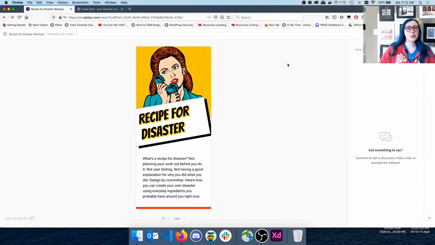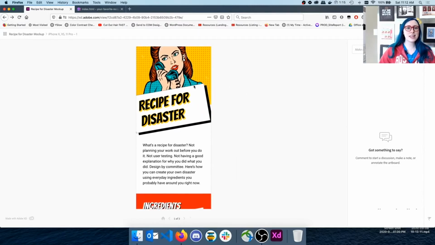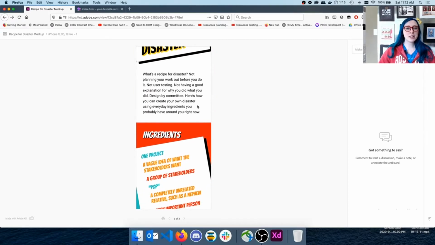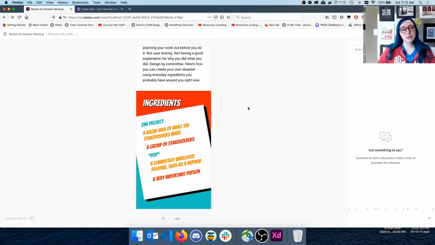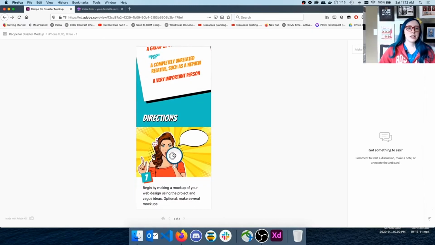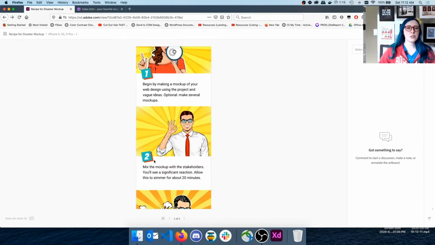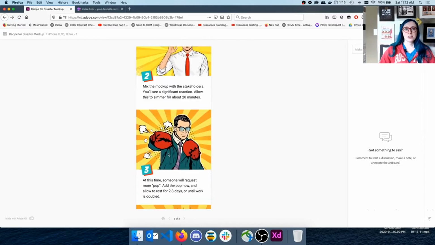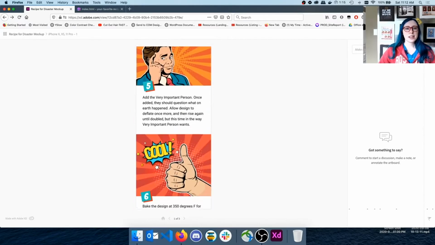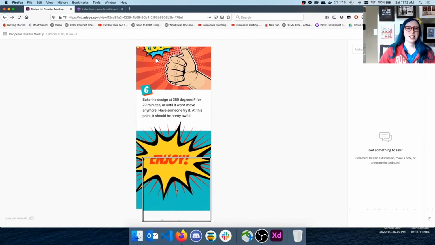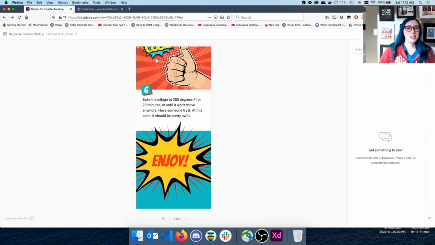All right, so here are my mock-ups in Adobe XD, and what I've done is I've used the share link to show them on the web so that you can see them. Now, when you open up that share link, it's going to default to your mobile mockup first, and that's what we're seeing here. So as you can see, I did some fun things with overlapping. I chose some simple backgrounds to provide a little bit more color and just gave a nice treatment to these numbers so that it looks really nice and has some color to it. I also put a nice big bam at the bottom on the enjoy.